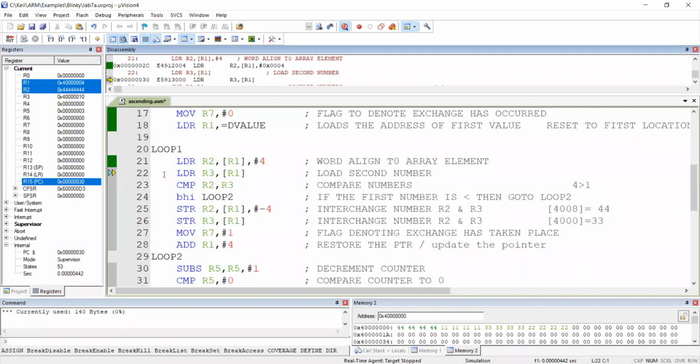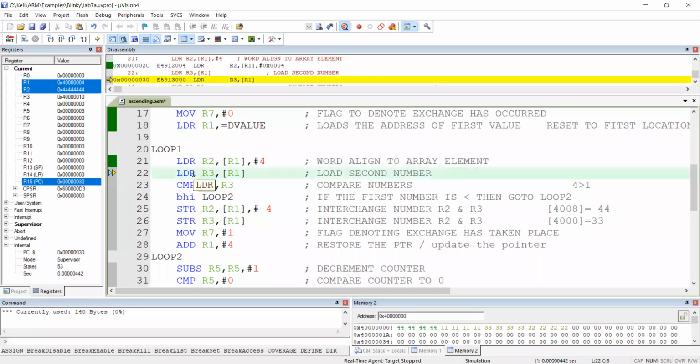Okay, see now. When you are entering line number 22, with what value of R1 are you entering? 4004. You are entering with 4004. So in the bracket, what you have to substitute is 4004. So 4004 means from here onwards. How much?